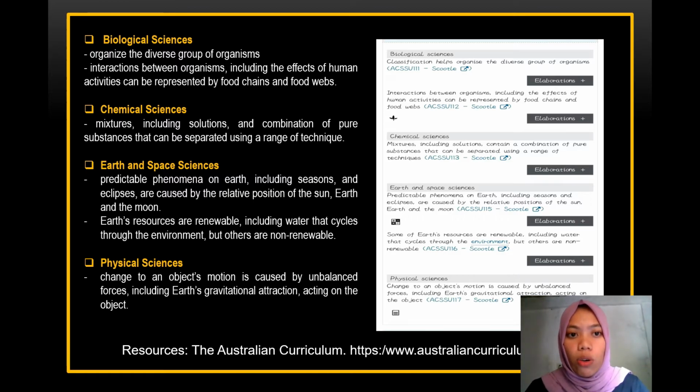So, the first one is the biological sciences. So, yan po yung first quarter nila. Second quarter is chemical sciences. Third is earth and space sciences. Fourth is the physical sciences. So, when it comes to the Philippines, the same content naman sila, but mas nauuna yung chemical sciences. Ang first quarter ng Philippines ay chemical sciences. And the second quarter is biological sciences. Third quarter is physical sciences. And lastly, fourth quarter nila ay ang earth and space sciences.